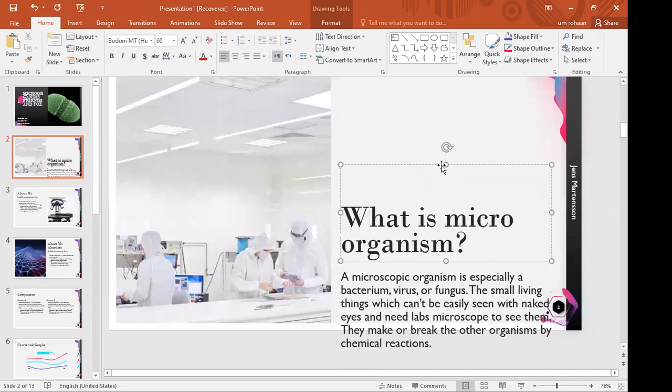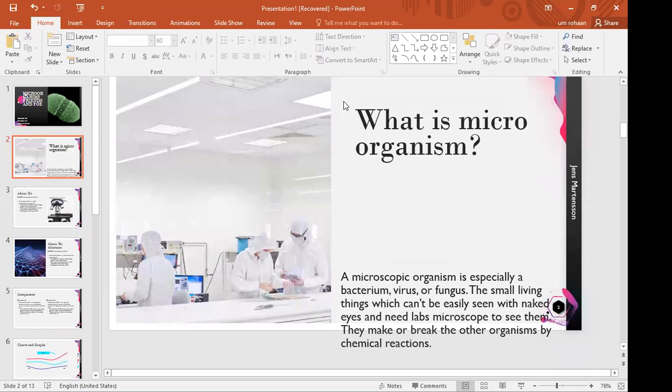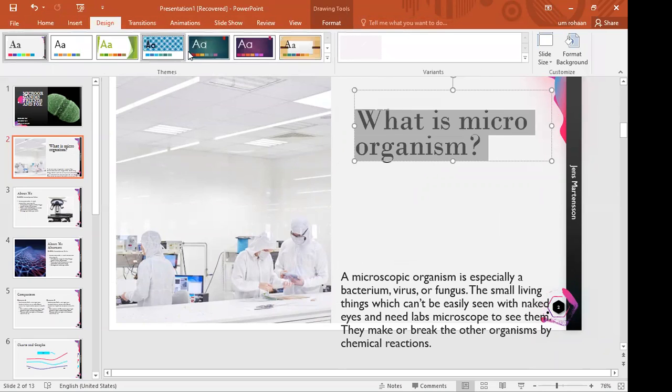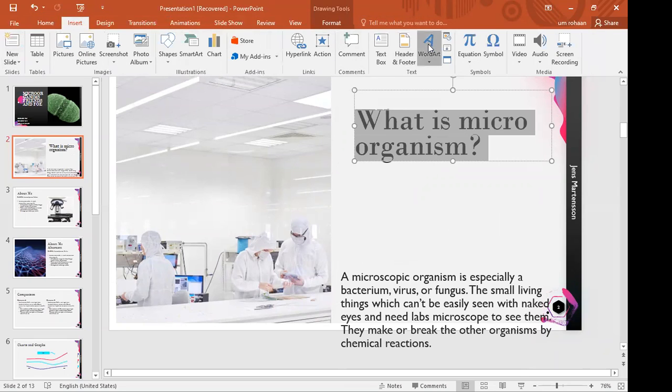Now you want to take it up, position it, reposition it, so it looks a little bit good. You want to change its fonts. You can use a kind of design, anything. You can see word art.